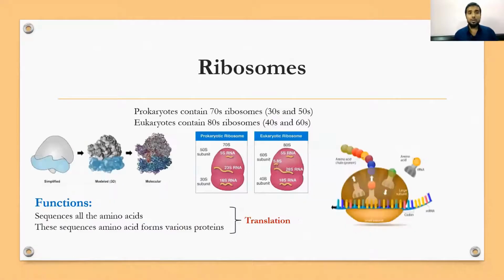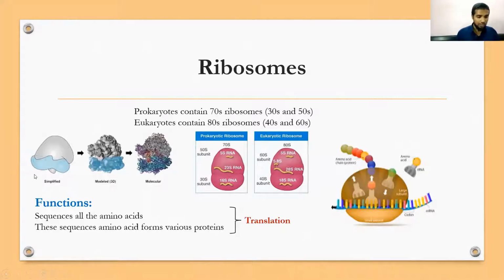Now we'll study what ribosomes actually are. Ribosomes are of two types. They can be 70S or 80S. In prokaryotic cells, it is 70S. That means a 30S subunit and a 50S subunit. 30S is the smaller subunit, 50S is the larger subunit. So let us consider this the smaller subunit. Attached to this is the larger subunit. This is 30S plus 50S. This is 70S. Similar to that, eukaryotic ribosomes are 40S and 60S.